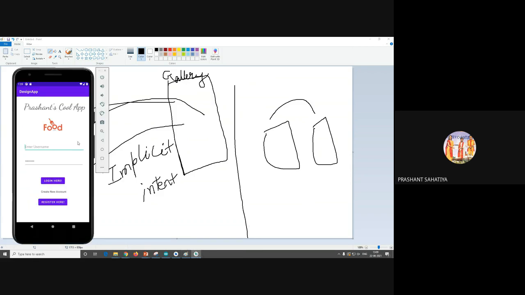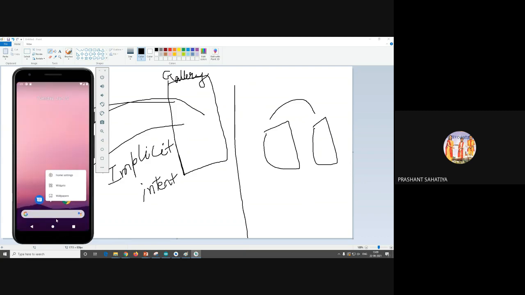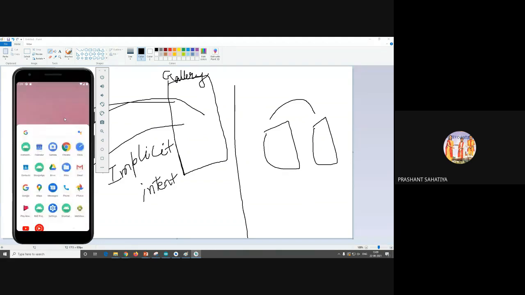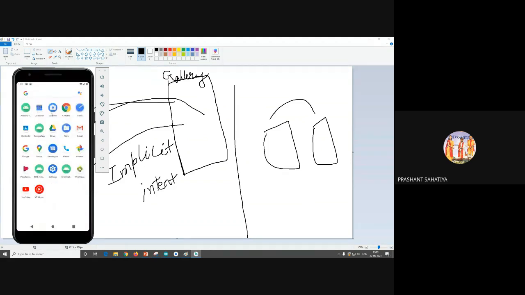See, I'll close this app. देखो, for example, I don't have any app in this.